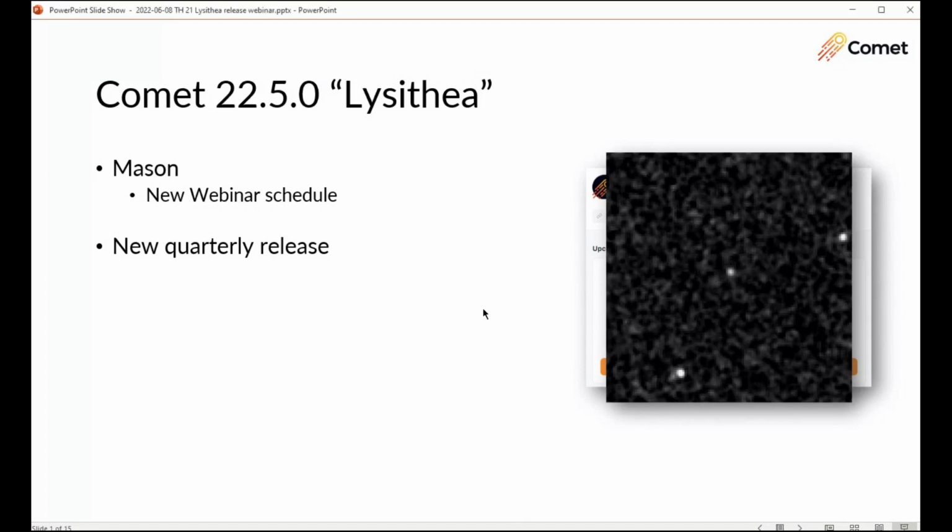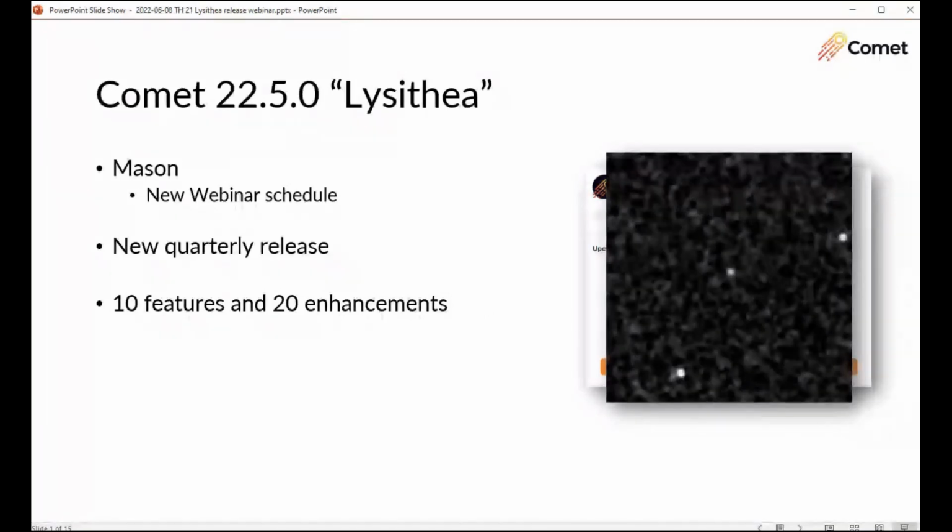What about the features? We've counted 10 features and 15 enhancements this quarter for Lysithea. The full changelogs are available on our website in the release notes section, and today I will walk you through all the main ones. But before I get started on those features, I'd like to give a quick update on